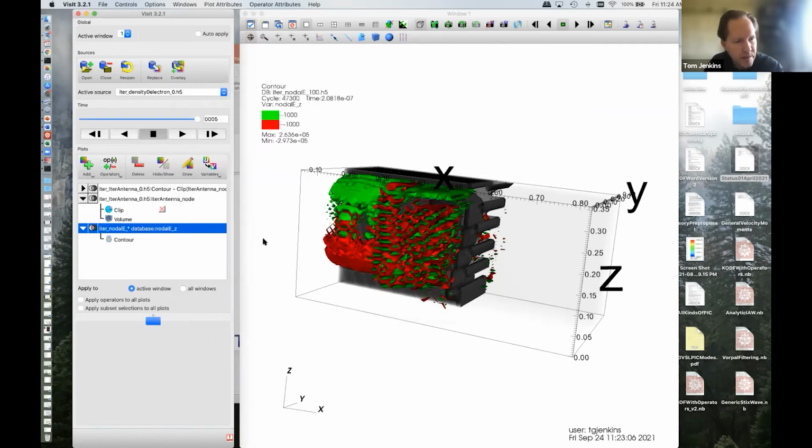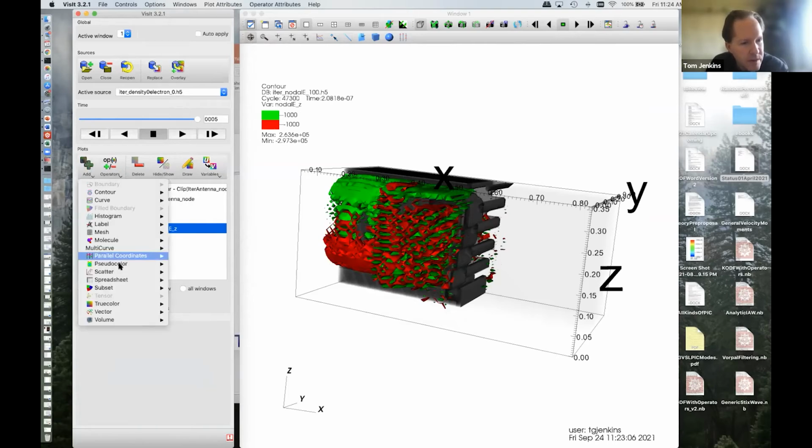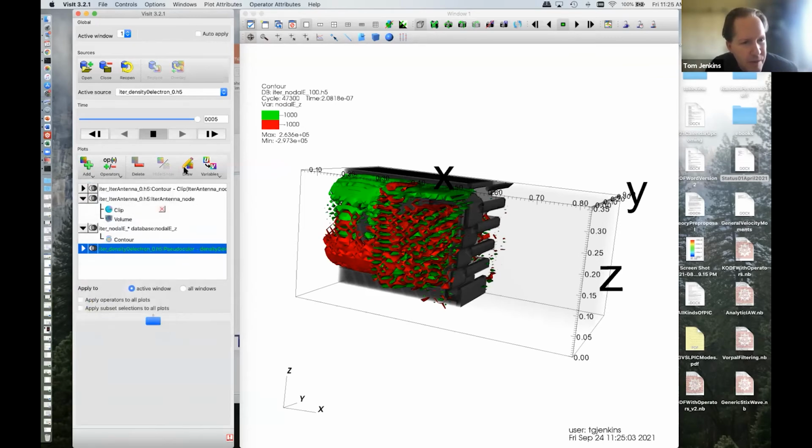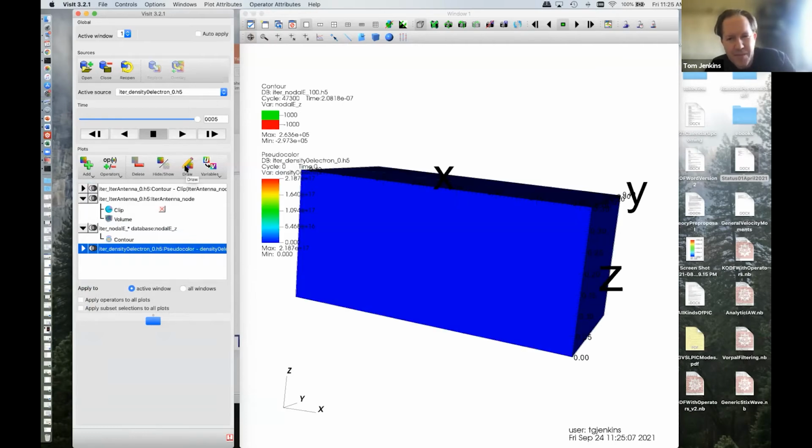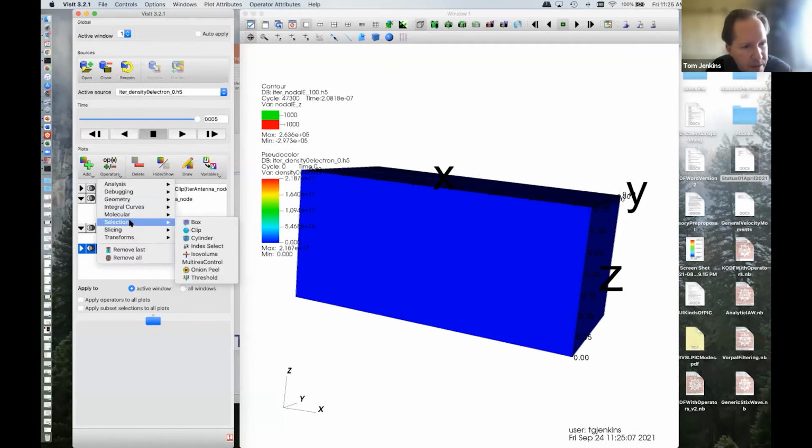Another plot that you can make is called PseudoColor. I'm going to do that, and this is basically an entire brick of three-dimensional data, and it's going to have the predictable result that if I make that plot, it covers over everything that we've got. But just like with the antenna, I can apply clip operators or other kinds of operators to make this a more useful plot. I'm going to put a clip operator on again here,